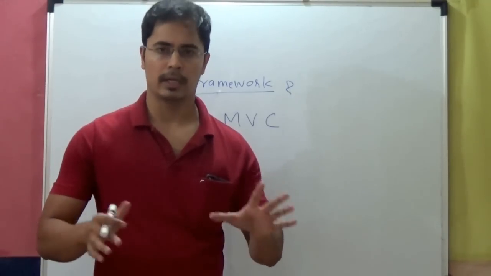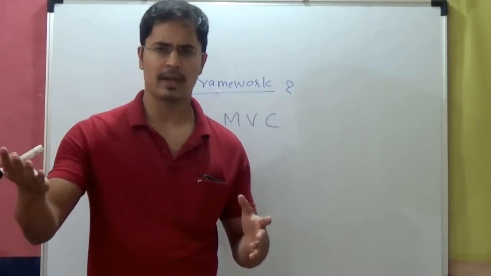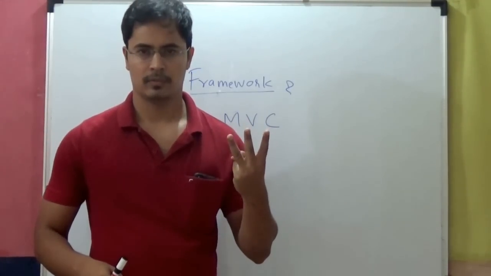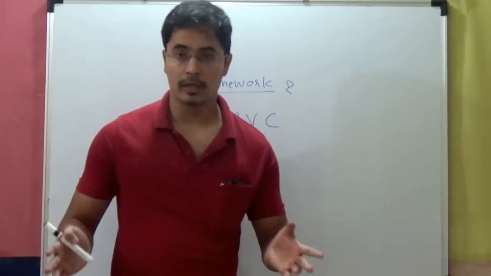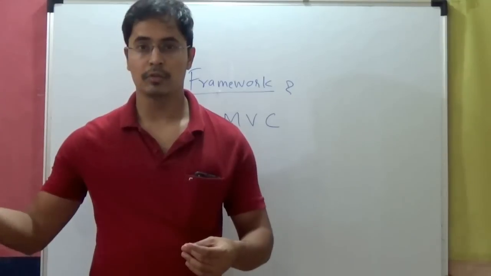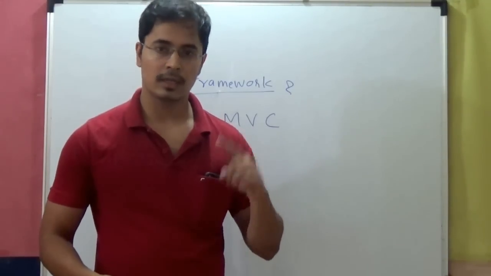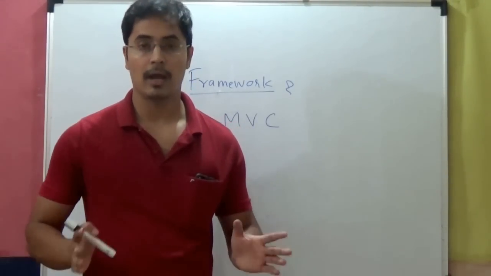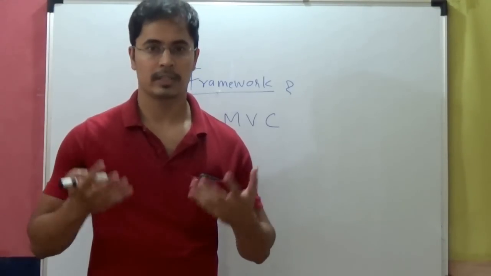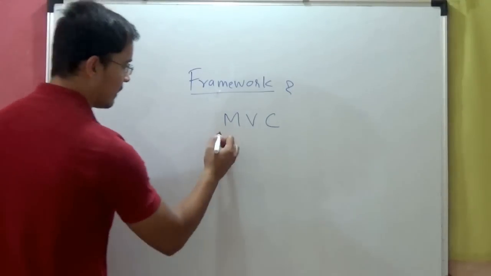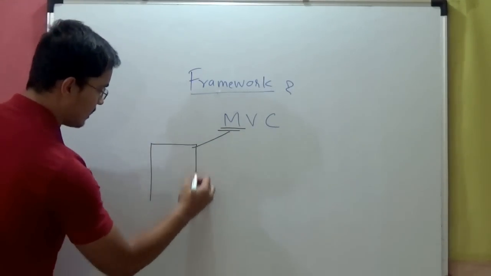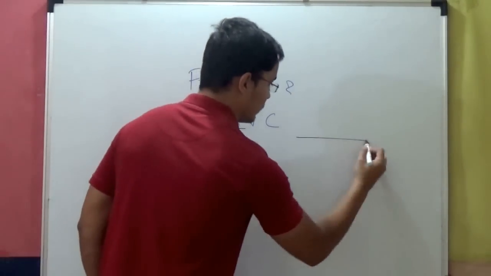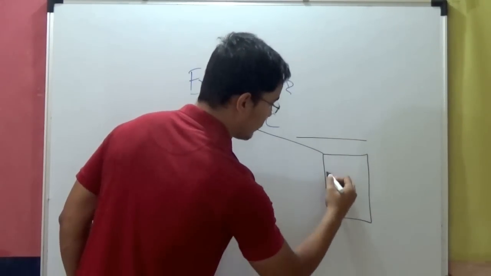Let's take an example of any web application. Every web application, or for that matter even a mobile application, essentially will have three things. It will have a certain user interface through which end users will interact with your application. It will have some data which needs to be persisted in some kind of database. And third, it will have its business logic, the algorithms, the strategy of the application, right? So data is represented in your MVC by models. User interface is represented by views,